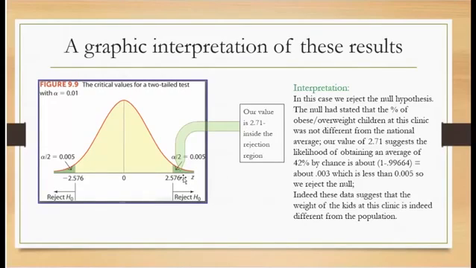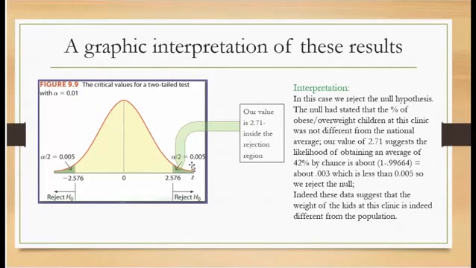So our number 2.71 is out here. I sort of tried to draw it in there. You can kind of see we have 2.576. This is our rejection region with an alpha of 0.01. It's just a set number. And our value, which is 2.71, falls in the green area right here, so it's outside of the border, so it's in the rejection region,